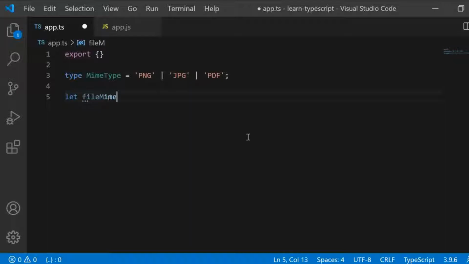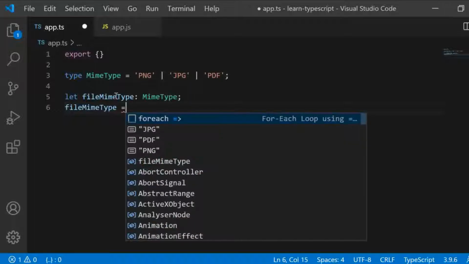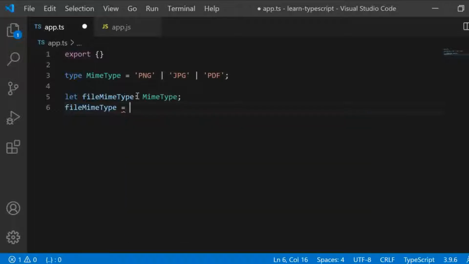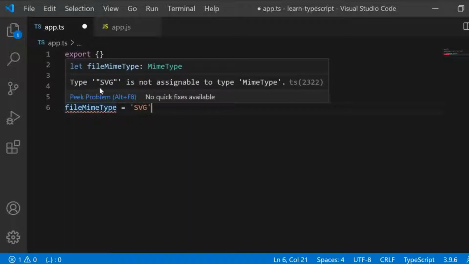Now for all the variables, like I declared a file MIME type. So this is one variable. If I assign this mime type to this variable, what it means is the moment I try to assign a value, it will only take these file types. So the moment I am assigning anything like maybe SVG, it will show this kind of error, because SVG is not assignable to mime type.